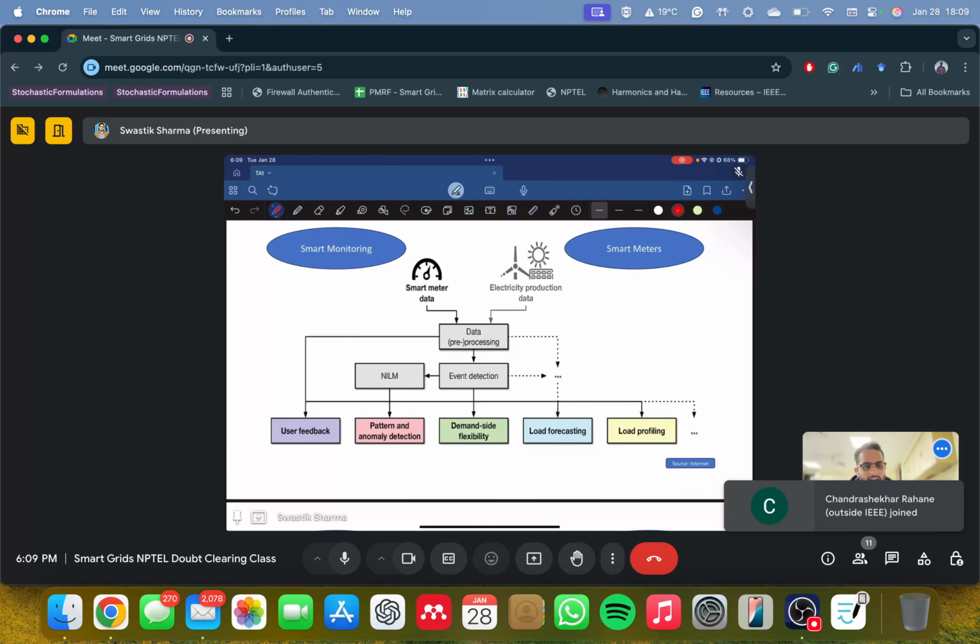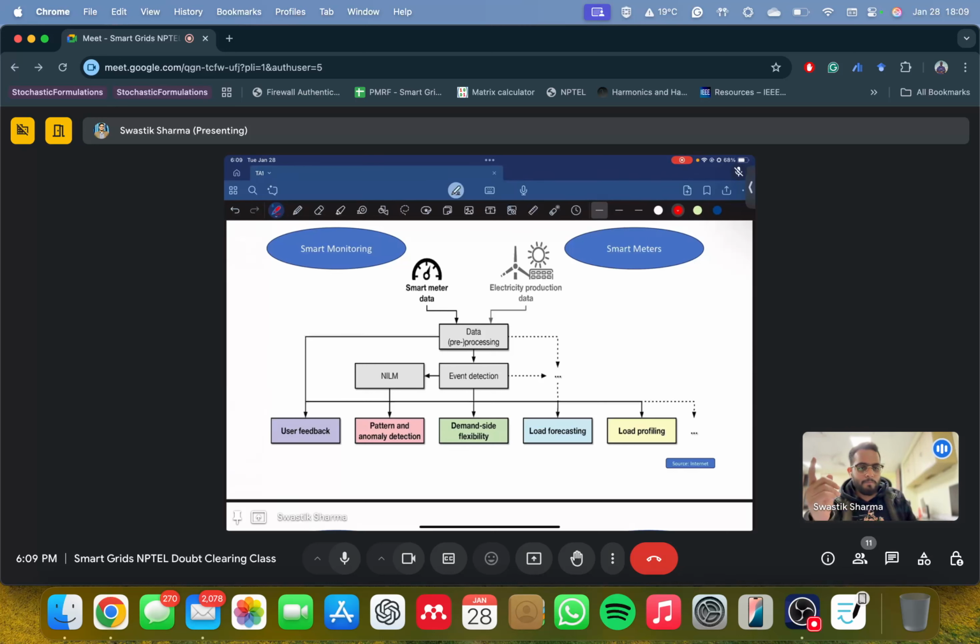Now, one thing I'll tell you, in these classes I will not only be covering the basics, but I will also be talking about some useful concepts for you. We should not be limiting ourselves to what has been taught in the class. We should also be able to see what is happening in research. At the end of the day, I do research, and I would love to talk to you about what is happening in electrical engineering as of now.